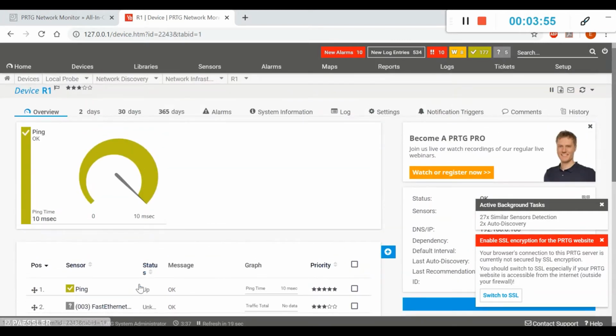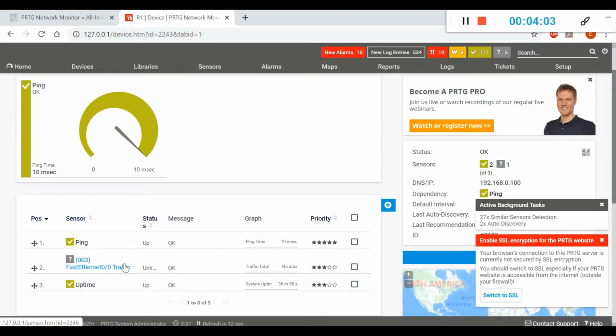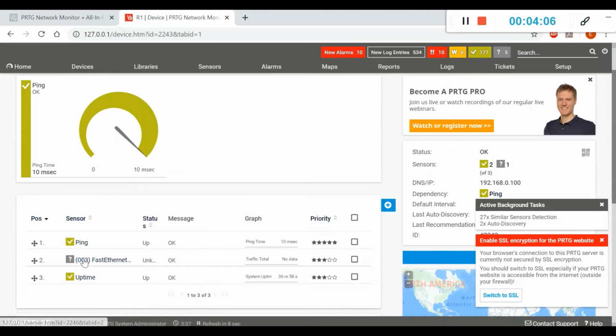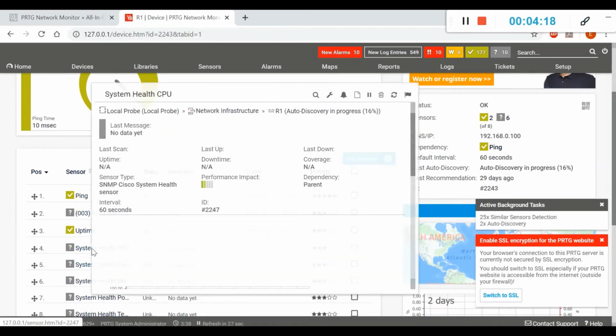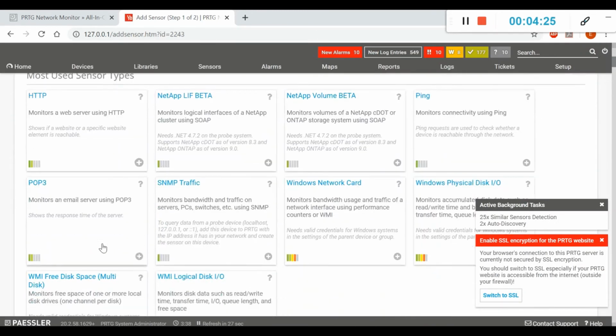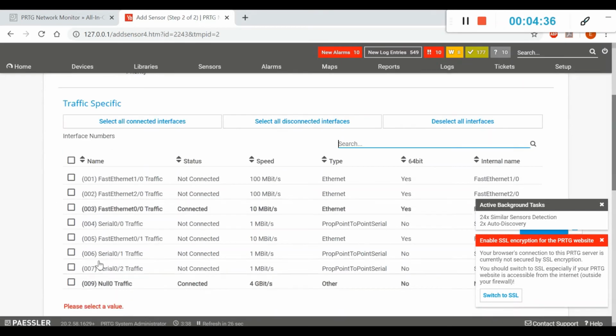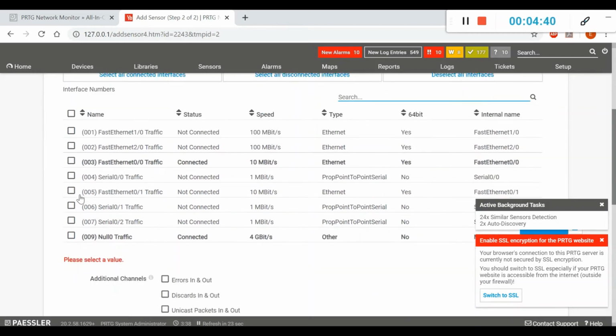Meanwhile, we will look at what's available here. So as you can see, the link of the FA00 is still unknown. If you would like to monitor more internet interface, you can create a sensor here. And you can select on the SNMP traffic. So you can see that what are the interface that's available and the things that we are monitoring. So as of now, there's only this FA00 that's connected,